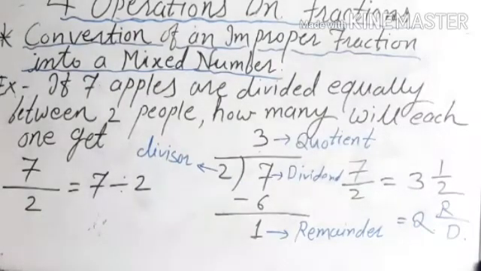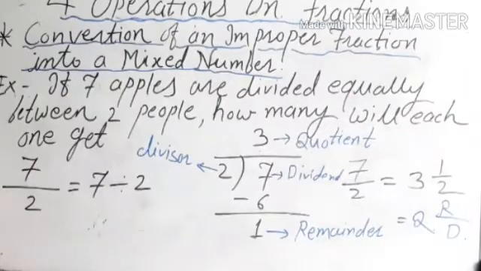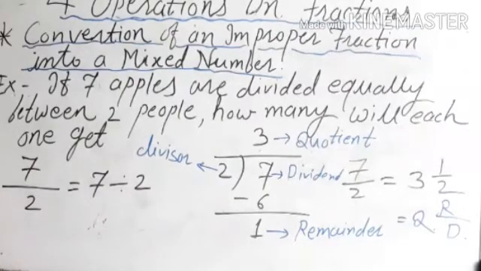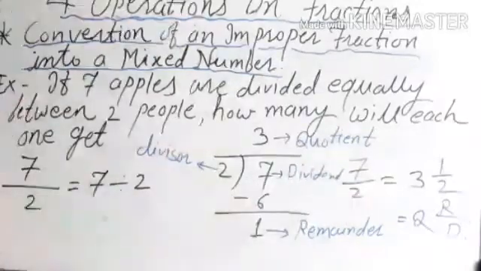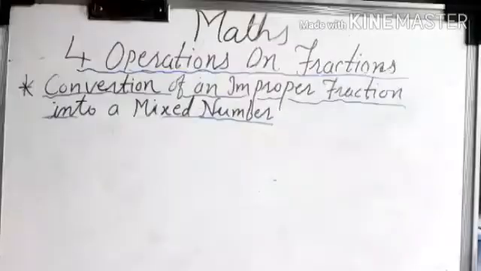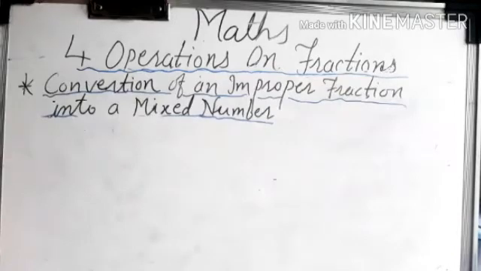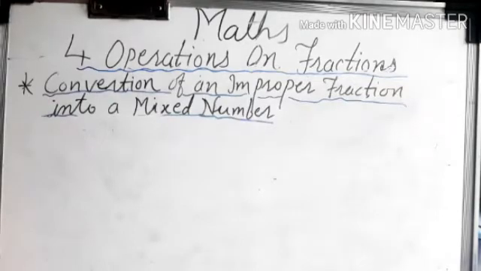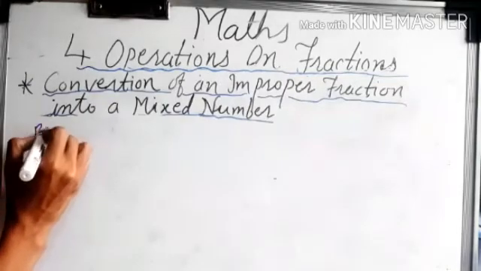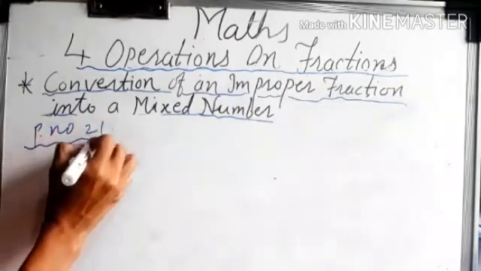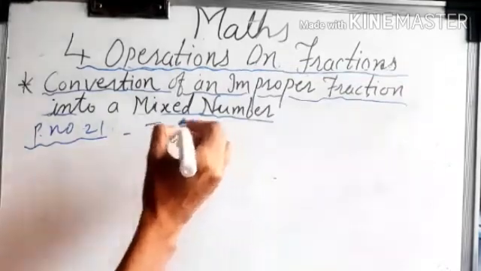It's very simple. You just have to do the division only. You will solve the division and write the answer in the form of mixed fractions. Students, you have to give the heading "Conversion of an improper fraction into a mixed number", and then see the "Take care". One example I have solved, that example you will also solve in your notebook, and then you will write the "Take care" from textbook page number 21. Take care means that it is an important point.